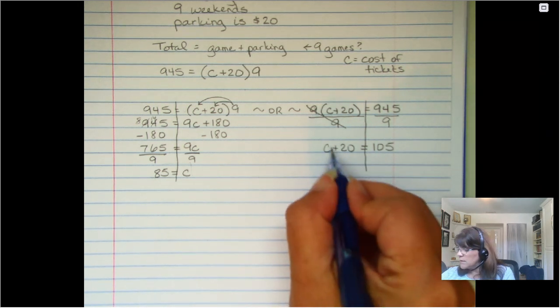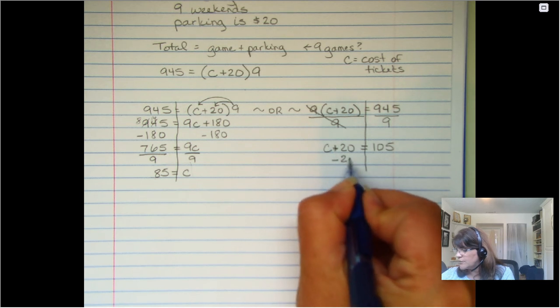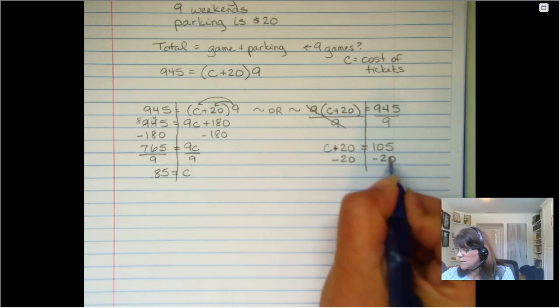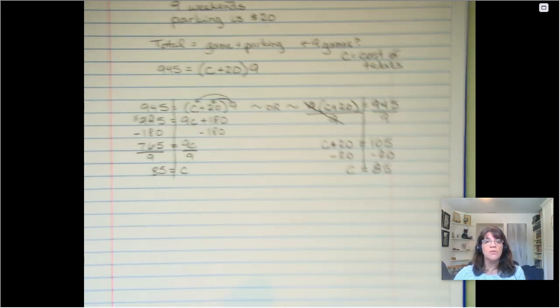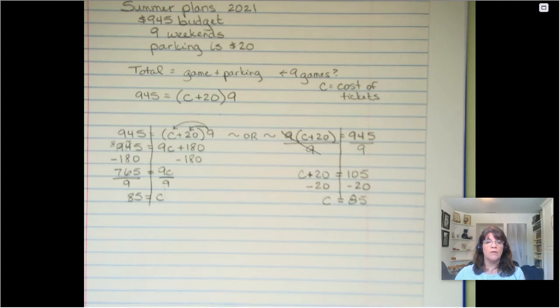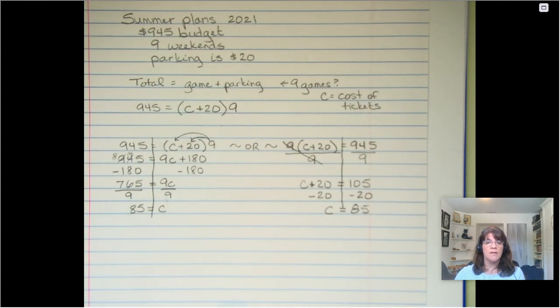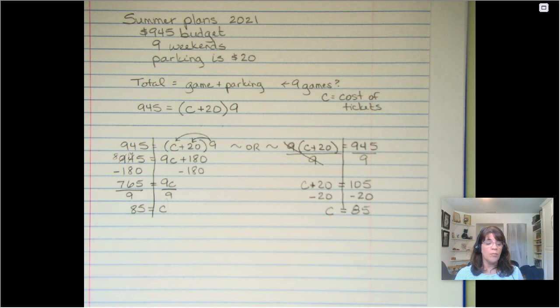Now, C is still hanging out with 20. The opposite of plus 20 is negative 20 on both sides. And C equals 85. Same solution no matter which of the choices that I use. Hopefully that's very helpful to you and gives you some application of why we